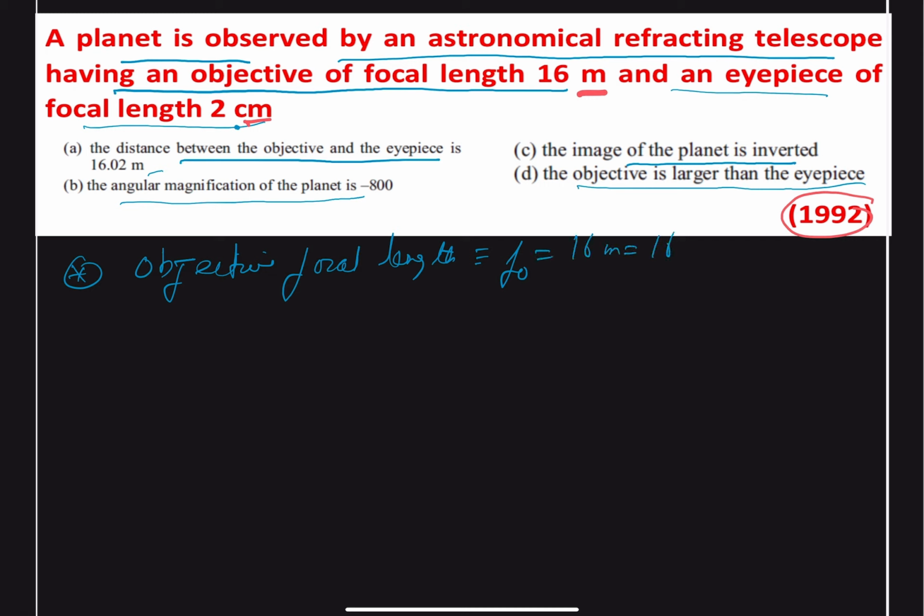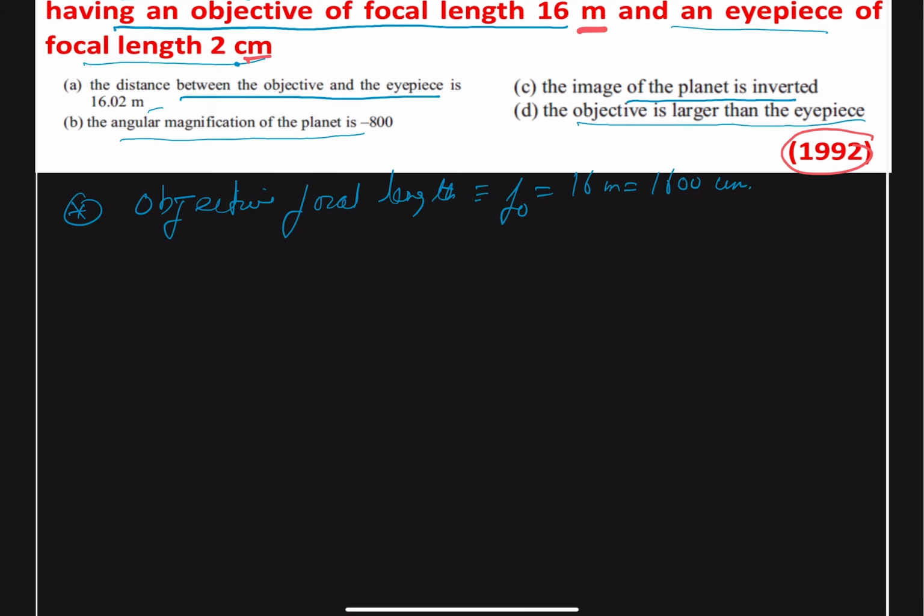So this will give us 1600 centimeters, and we have the eyepiece focal length, that is our F_E, which is given as 2 centimeters. And it is said that